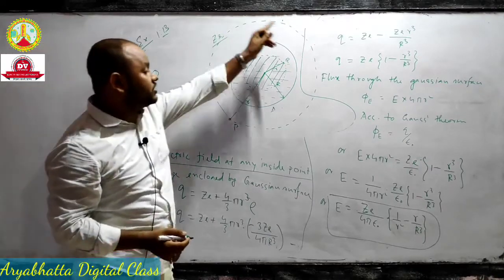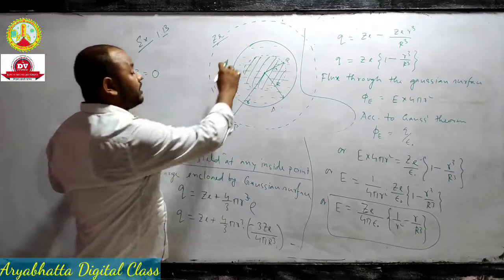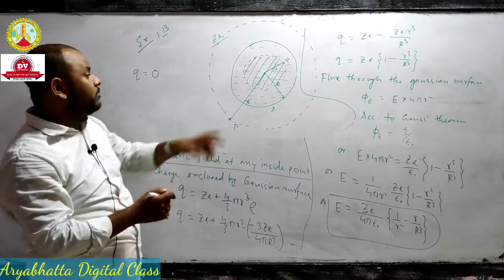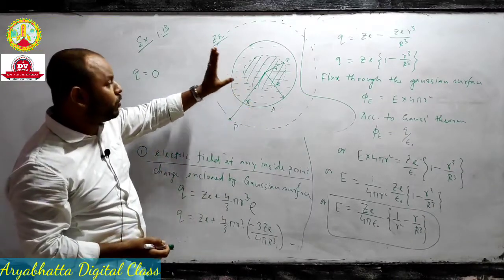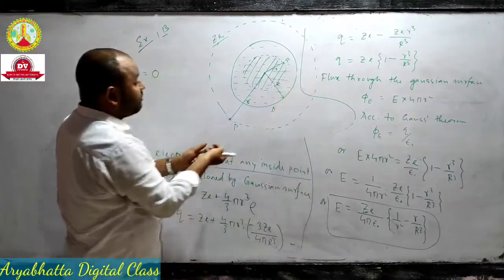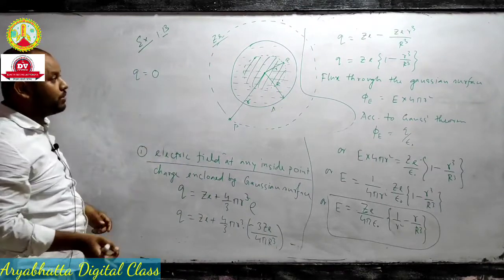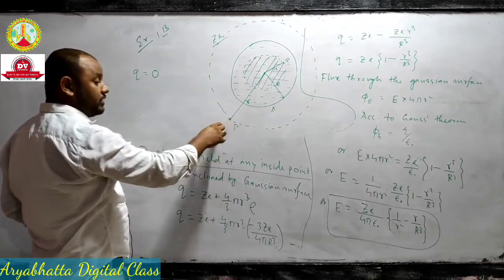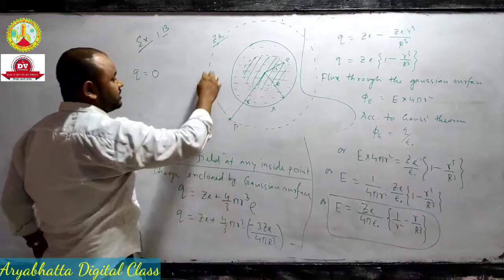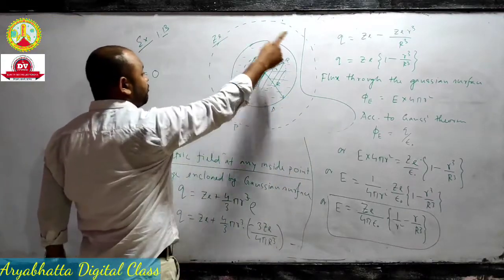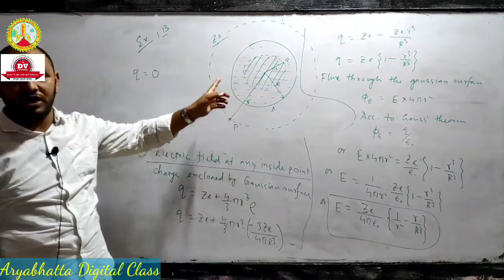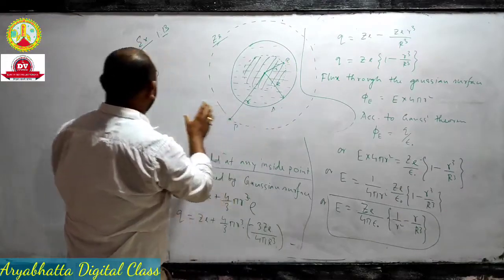How much net charge will this Gaussian surface enclose? It will enclose 0, because what is an atom? An atom is electrically neutral, because inside the atom the total positive and negative charge is the same. There is as much positive charge as negative charge, that is why this Gaussian surface will enclose net 0 charge. You remember, if the point P lies outside the sphere, outside this atom, and this sphere is the Gaussian surface, it will enclose a net zero charge, because the atom is neutral.